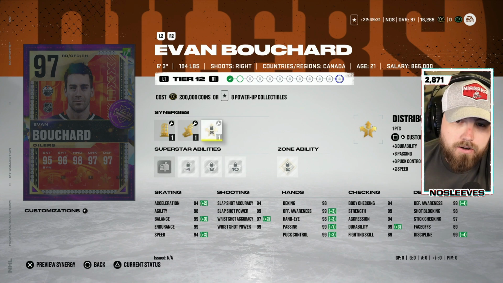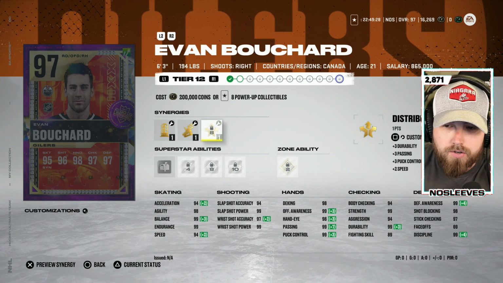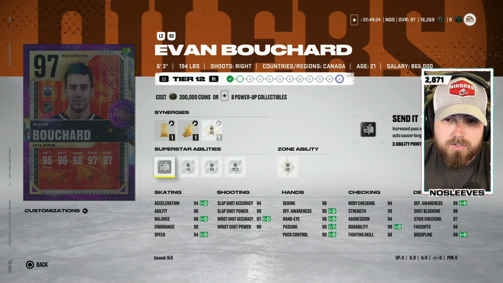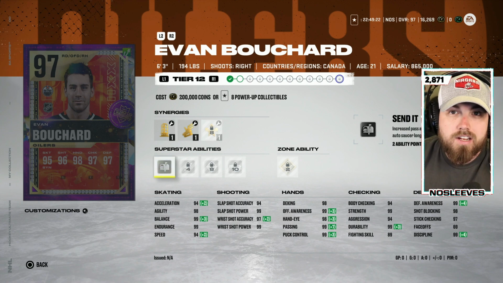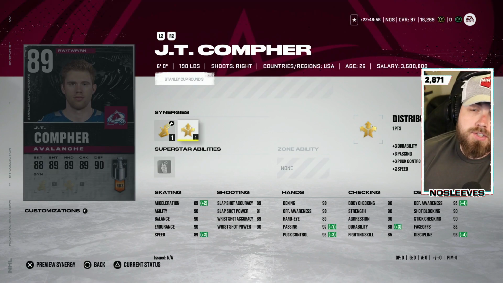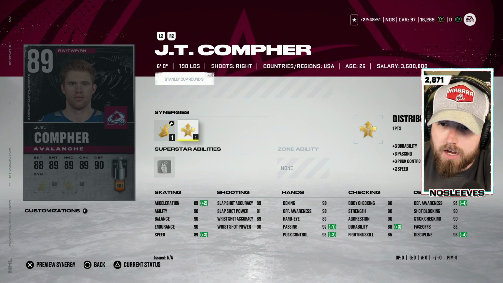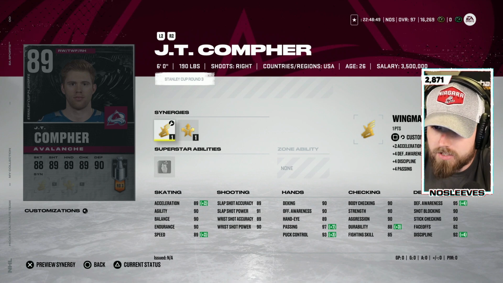But this is already a better card, and that's if the Oilers win the series. We're at the 3rd round of the Stanley Cup playoffs. It's kind of ridiculous that we're not receiving better cards for this stage because we're almost at the final. On to the Colorado Avalanche, and one of your options is the 89 JT Compher with Wingman as well as